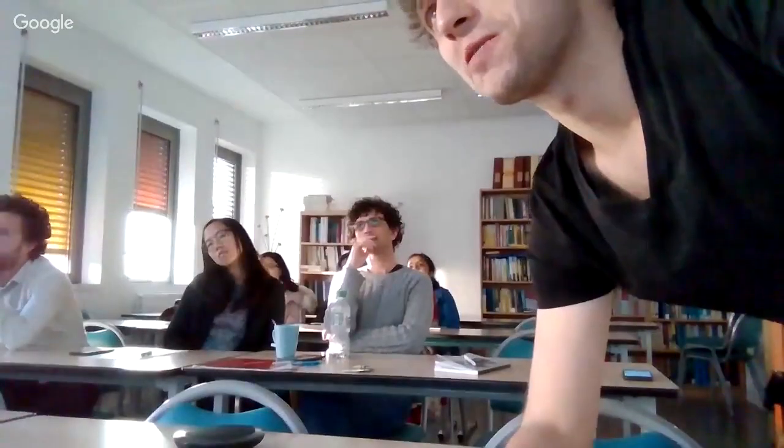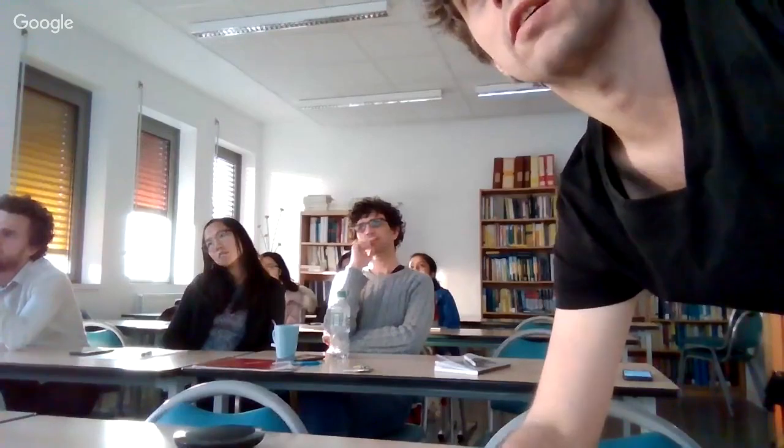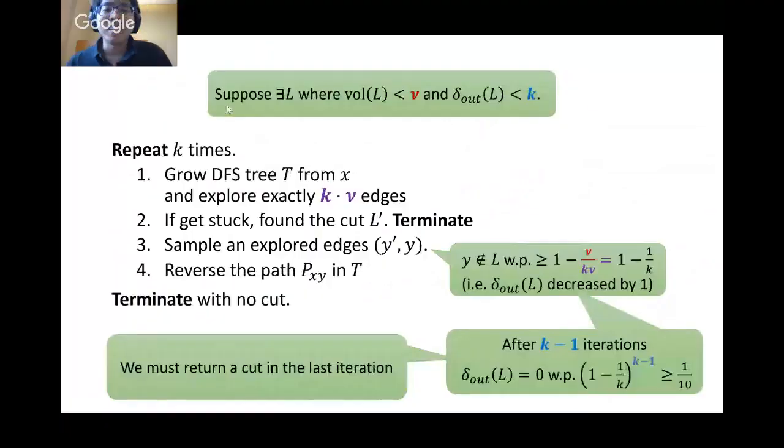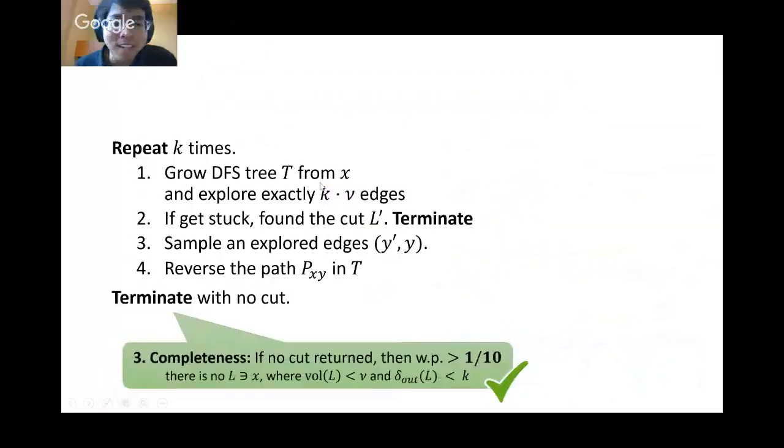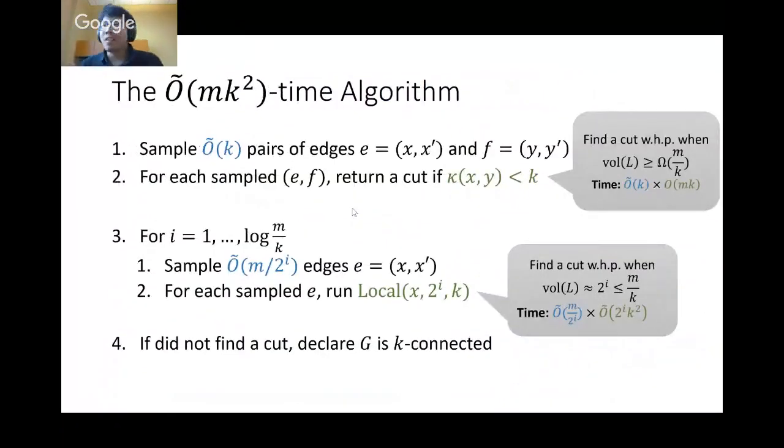Sorry, I've got yet another question. To go back to what Aninia has asked, what exactly is the part in the second? Good. Yeah. So you see that here we explore k times new edges, right? And we need to assume that nu times k is less than the whole graph. Otherwise, we always get stuck. Yeah. So this is why nu must be less than m over k. Okay. So this is the algorithm.